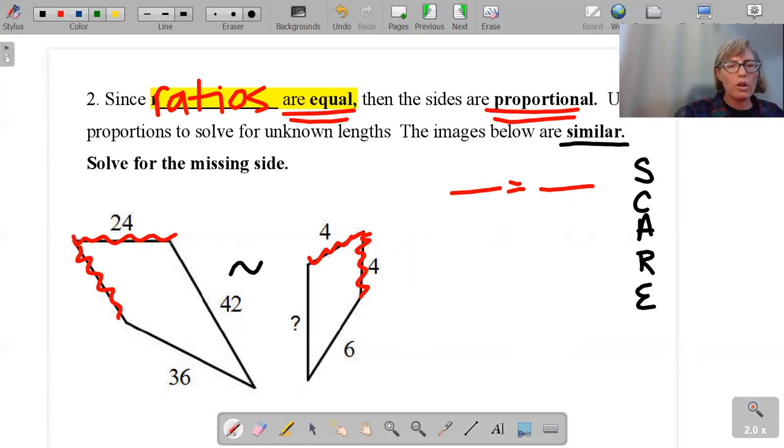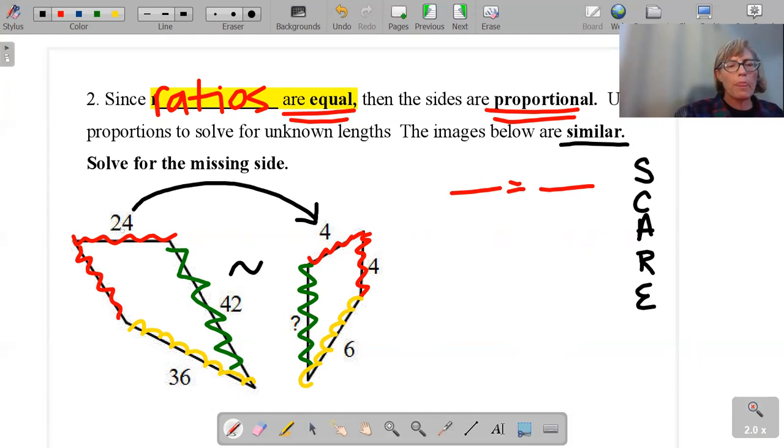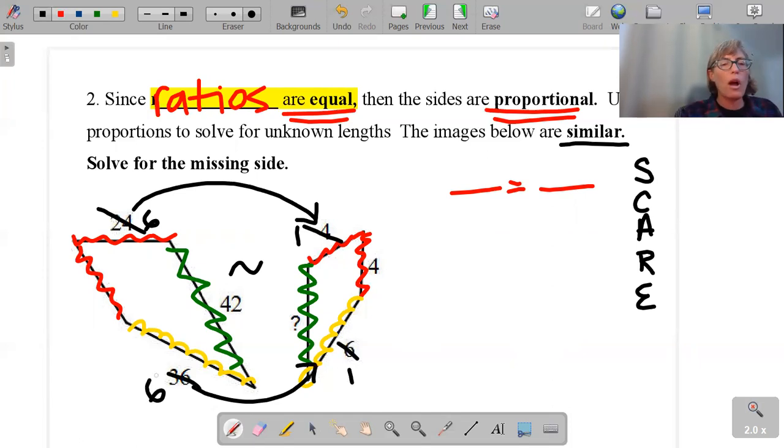And then here I have a long side of 42, long side. And then I have a medium side 36 and 6. So first I'm going to check my ratio left to right. 24 and 4. This reduces to 1 to 6. Left to right, 1 to 6. So I'm establishing from left to right, my ratio is going to be a 6 to 1